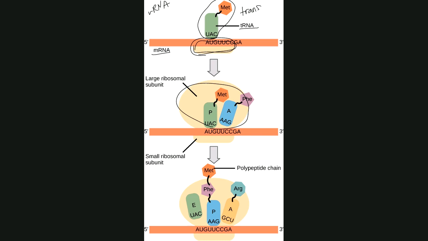standing for transfer. So in this figure, in this top part, we have three types of RNA. The mRNA is the message, okay? The rRNA helps make up the ribosome, and the tRNA, which is the transfer RNA, is responsible for carrying the correct amino acid, okay? Proteins are made of amino acids. So you put multiple amino acids together, that's going to be the protein product. So we'll talk about that in detail in just a second. But the last member to the party then is the large ribosomal subunit. So we see that here, okay?